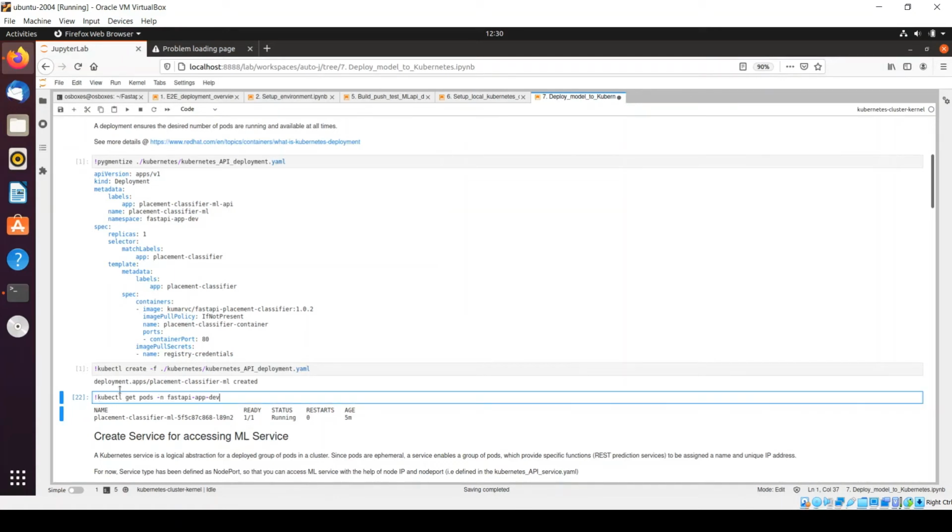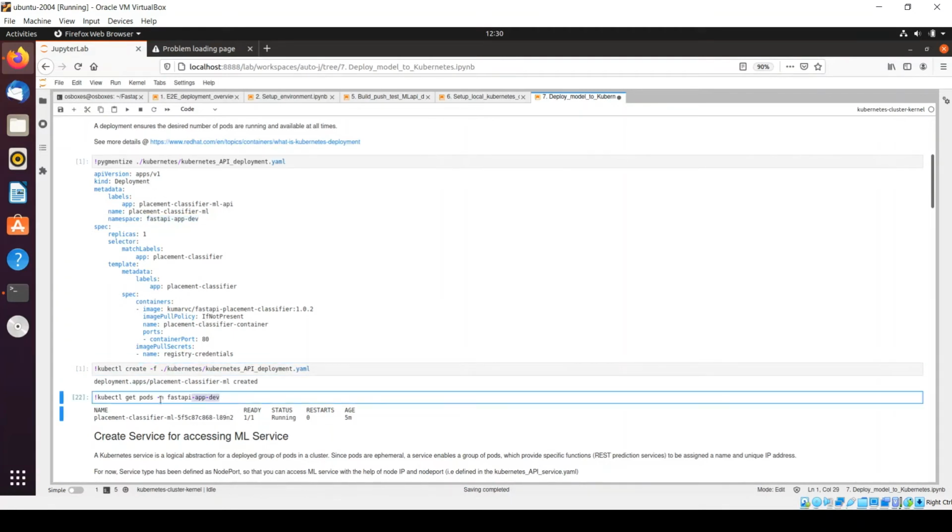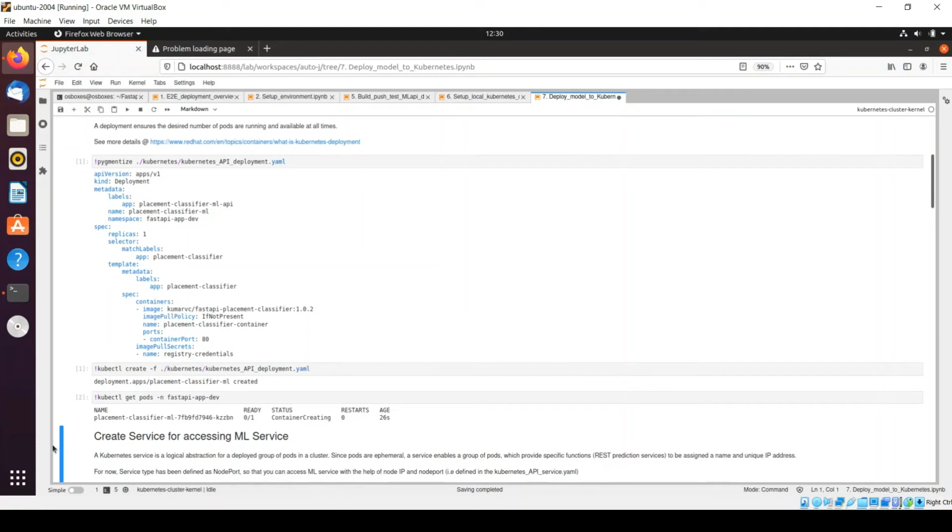So in order to check how many pods are running, we need to run this command, kubectl get pods, and then you need to give the name of your namespace. We have deployed this pod within this namespace, and that's what I have given here. Okay, so simply run it, and it will create a container inside your pod successfully or not.